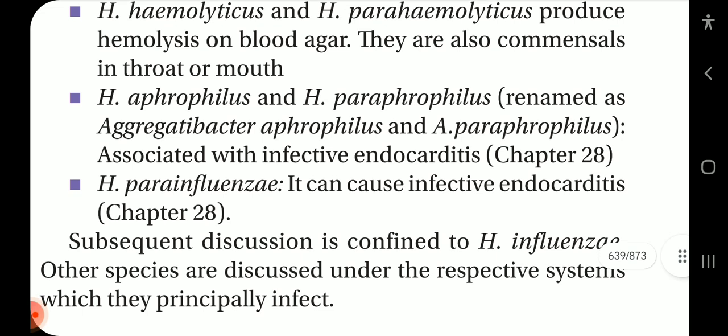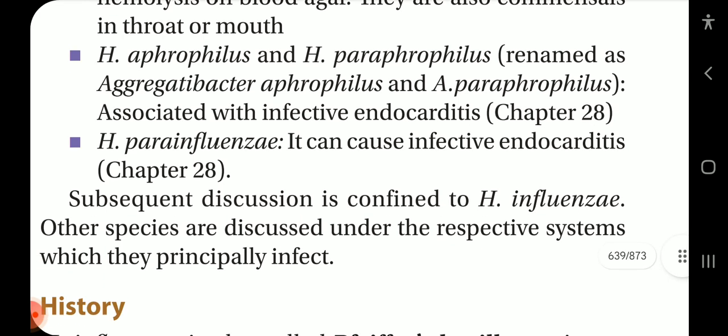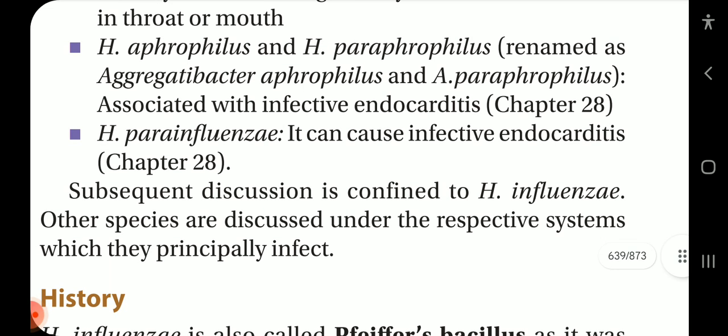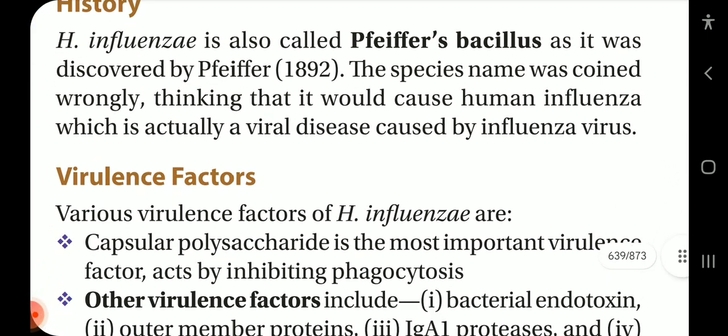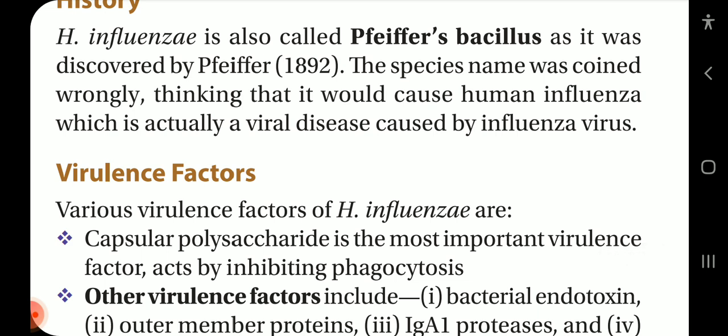Haemophilus aphrophilus and Haemophilus paraphrophilus, renamed as Aggregatibacter aphrophilus and Aggregatibacter paraphrophilus, are associated with infective endocarditis. Haemophilus parainfluenzae can cause infective endocarditis. Subsequent discussion is confined to Haemophilus influenzae. Other species are discussed under the respective systems which they principally infect. History. Haemophilus influenzae is also called